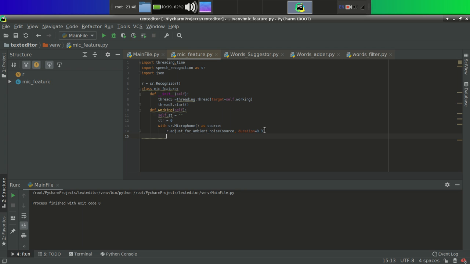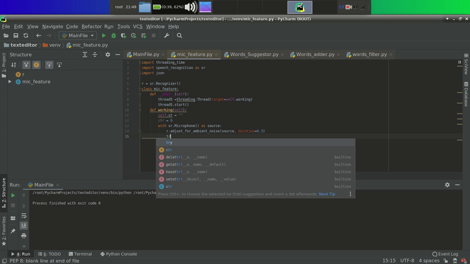Now actually we have started the code. Here we are clearing all the noises. Now this is the time to add more functionalities, like we want to listen to the user.